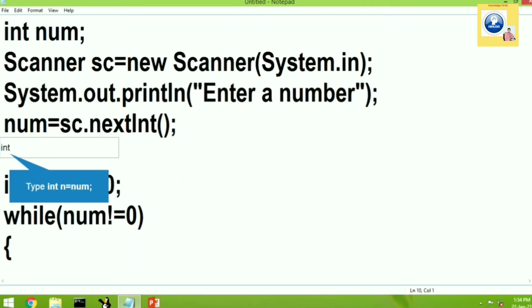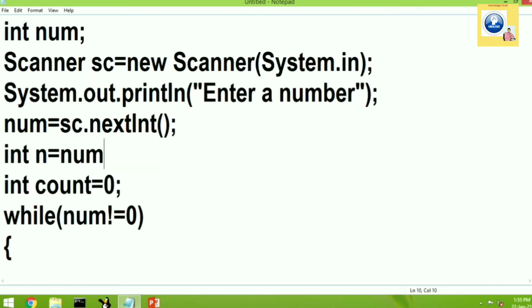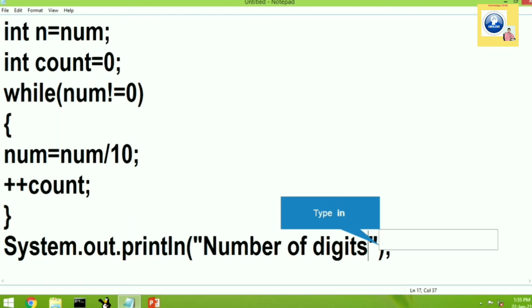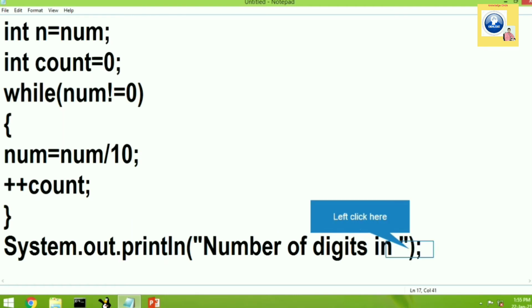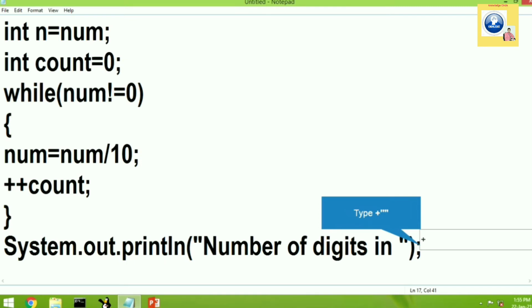Now I'm going to declare one more variable, because we need to have the value of the variable that we got as an input. So I'm going to take another variable, and that I will store in n. So let's put the message, the number of digits in. Then we will put the concatenation operator.